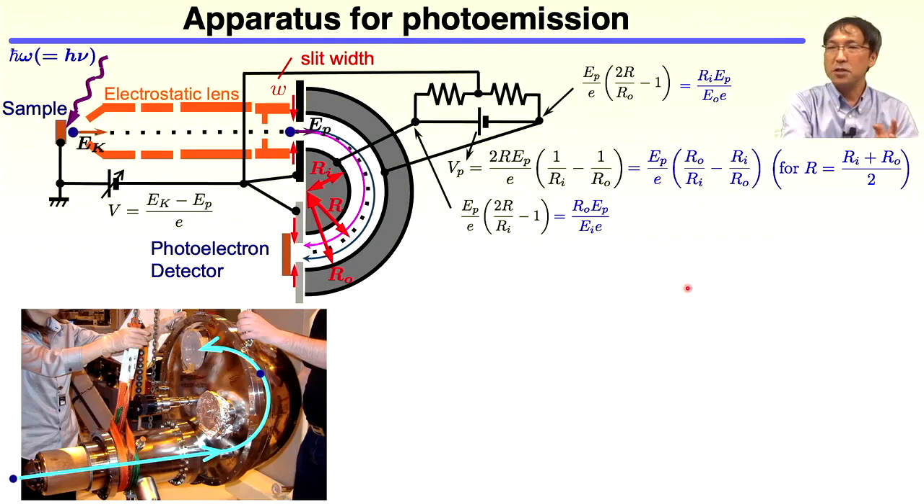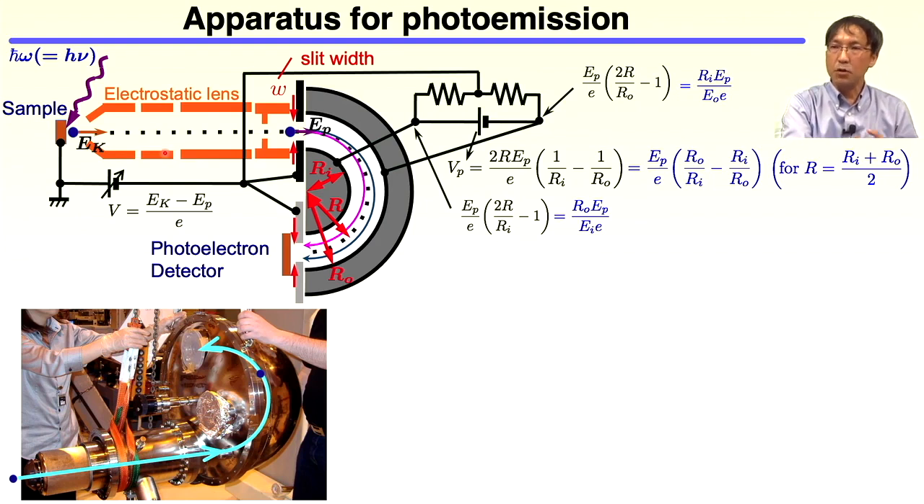This is a cross-sectional drawing of the apparatus of the photoelectron spectrometer, of which the photograph is shown here. By using this apparatus, we get the photoemission spectra, the relation between the detected photoelectron count versus the photoelectron kinetic energy. Usually, the sample is set to the ground level, and the apparatus itself is also at the ground level. That means